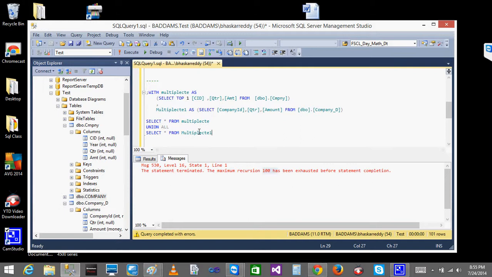As I said, immediately after using the CTE, we can use it. See, I have created one select, and after this I have created another select. But normally, what I said, I want.